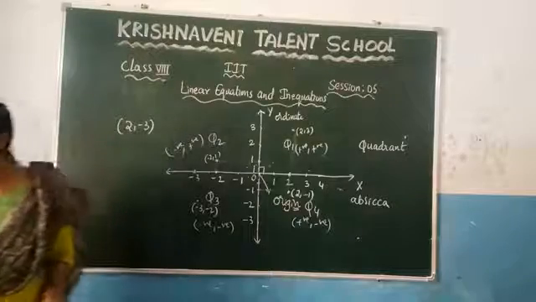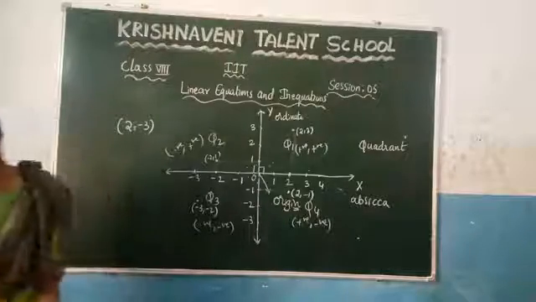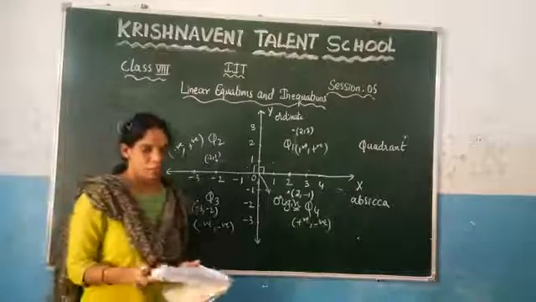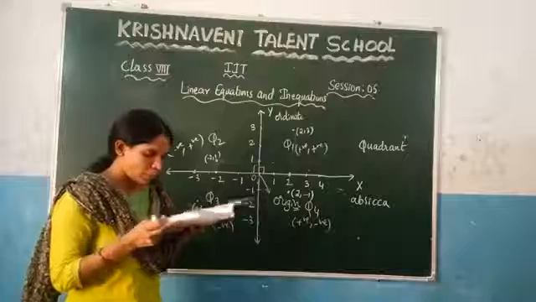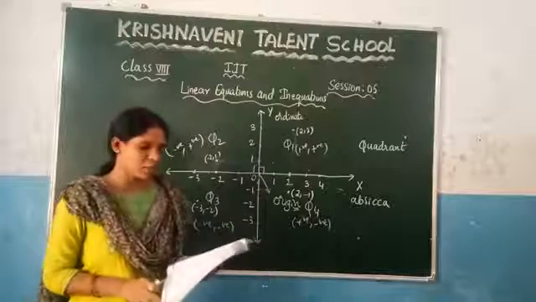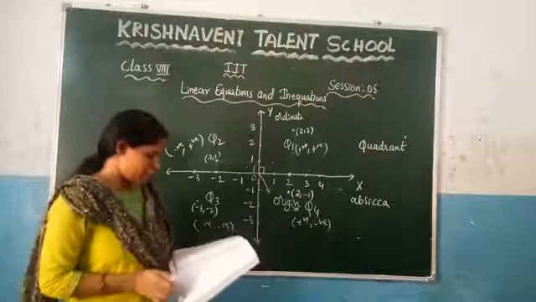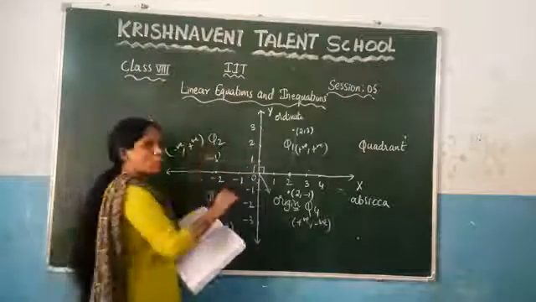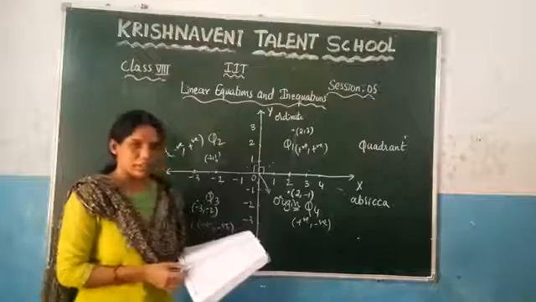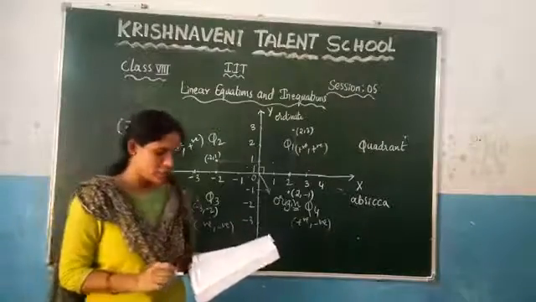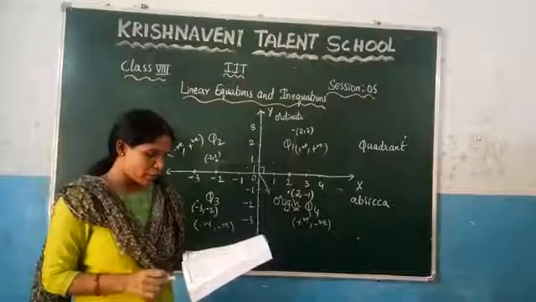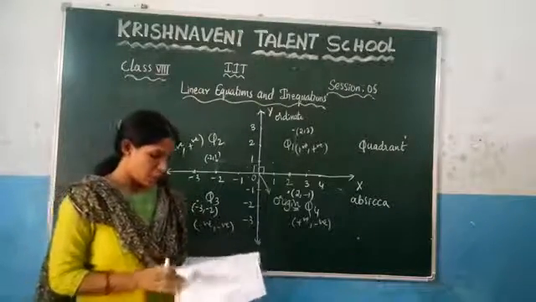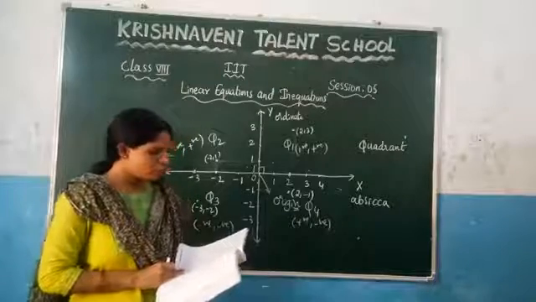Now here you can see your textbook. On page number 7, you can observe that they have given the same thing here. You can read that one. What they are saying here is how to plot the points. Just now we have said how to plot these points, and after that what the quadrants are, and in each quadrant what the x coordinate and the y coordinate are, whether they are positive or negative. They have given all these things. You can read this one.